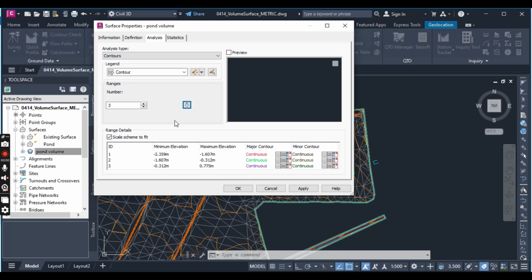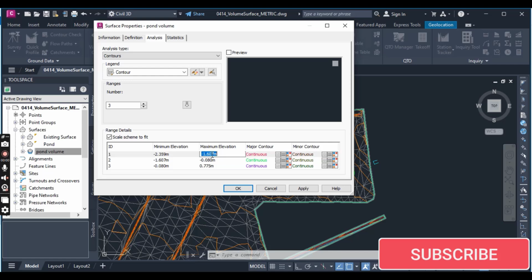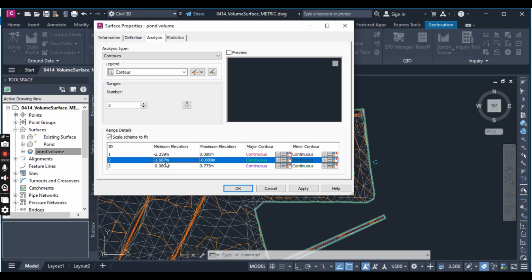Change the ranges to match those you enter in the table. For example here we need 0 minus 0.08 for ID 1, minus 0.08 as the maximum, and minimum for ID 2 is 0.08. Now